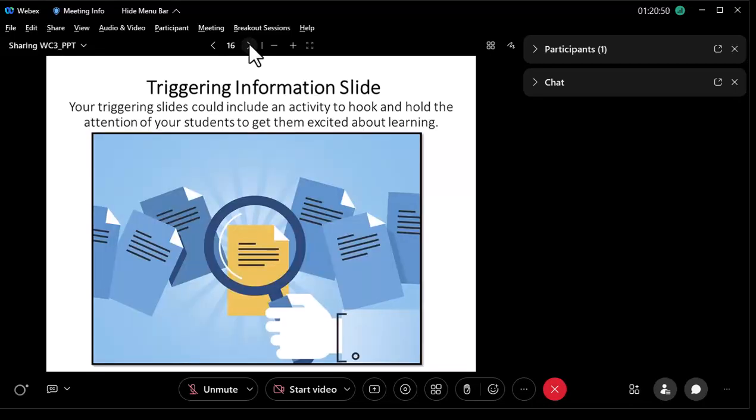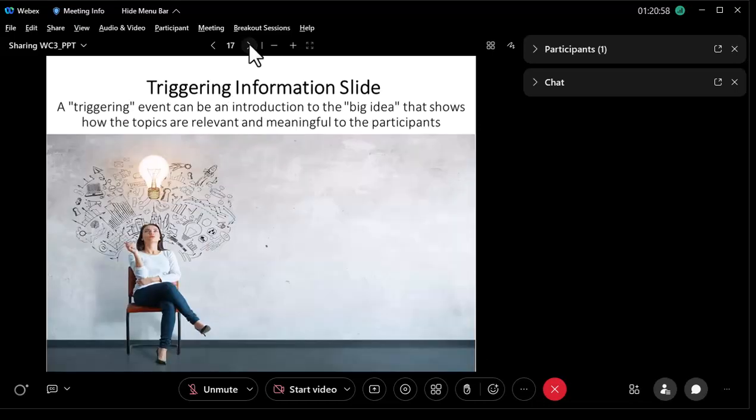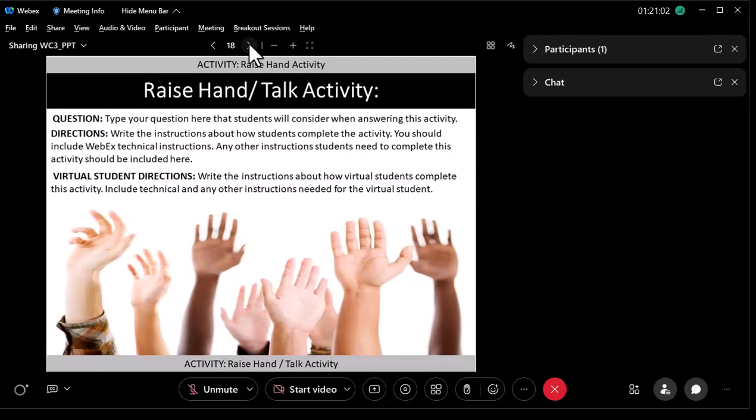In the triggering phase, you're going to have a couple of slides, just like last week, of information in the triggering area. Maybe you do a hook and hold activity. Maybe you tell them the big idea of the session. And then you're going to ask questions in the triggering phase.